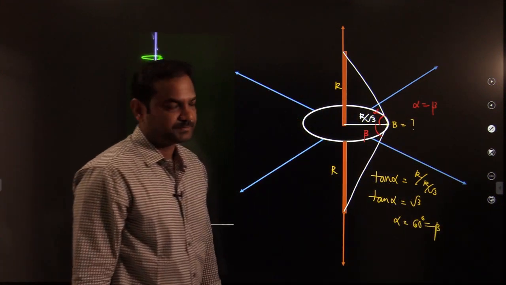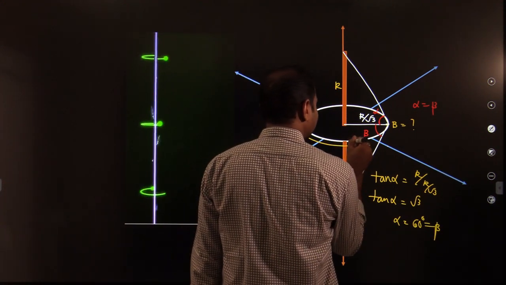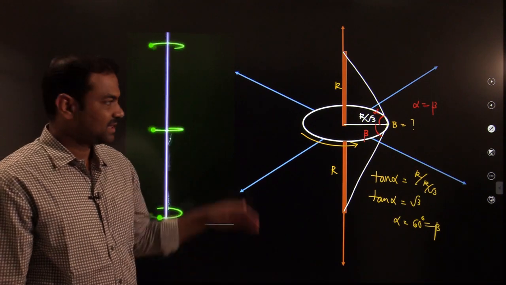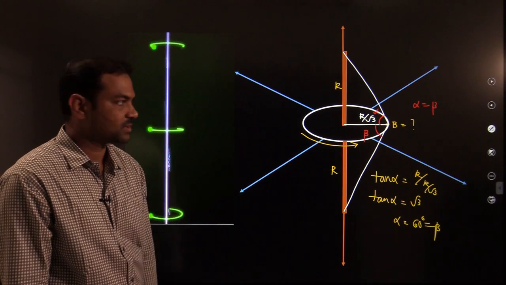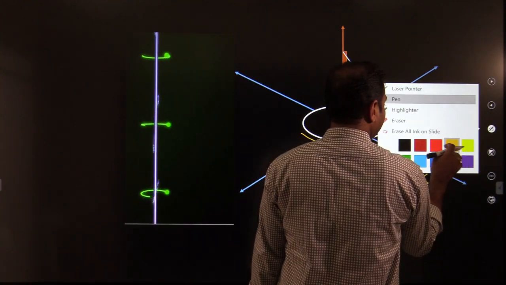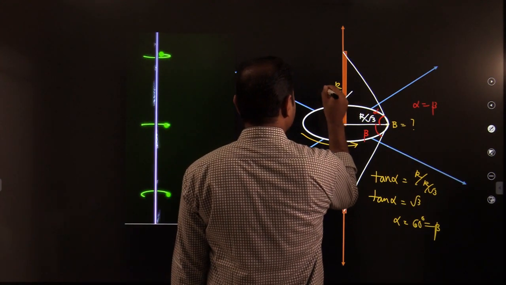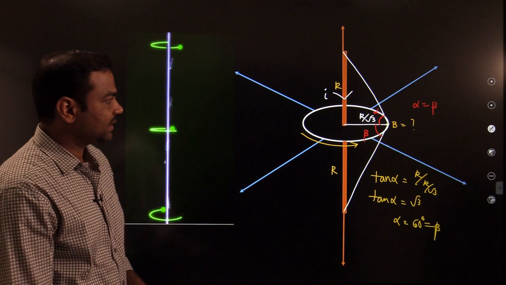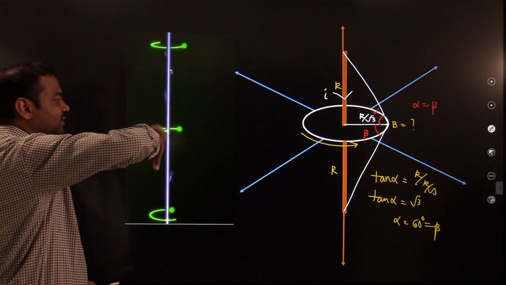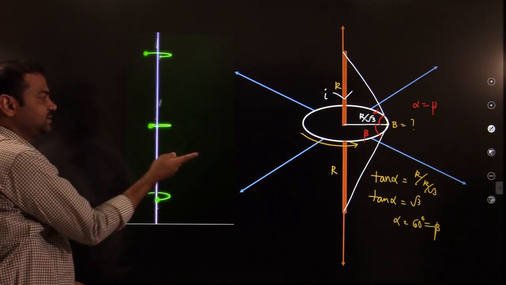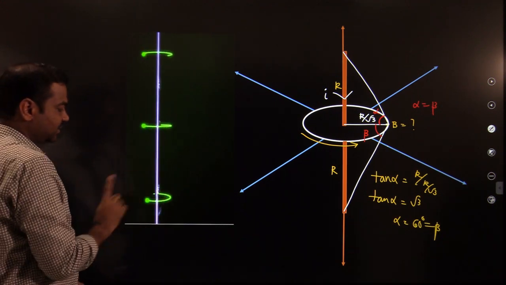You can understand. Okay, but I want the line integral. In what sense? Actually, we are going in this sense. That is the sense along which the line integral is required, which was given in the question previously discussed. So as I want to find out in that sense, and it is carrying the current in the downward sense, how will I get the magnetic field? You can see from here, if it is carrying the current in the downward direction, then the magnetic field sense is like this. This green color animation is the rotation sense.